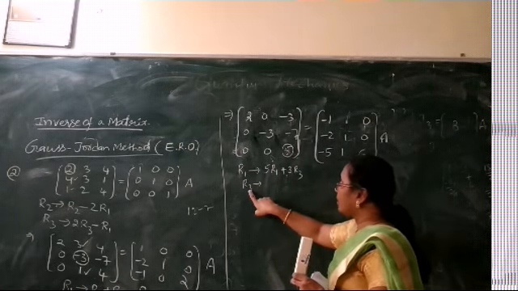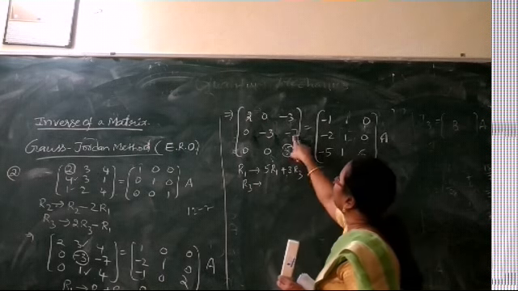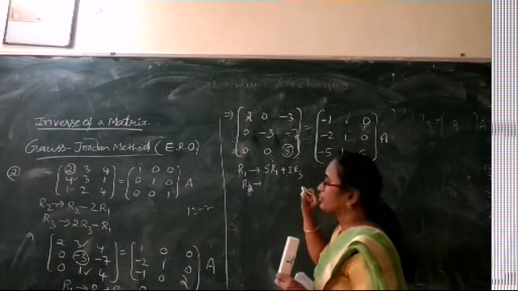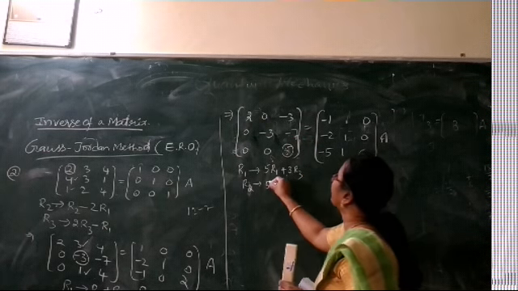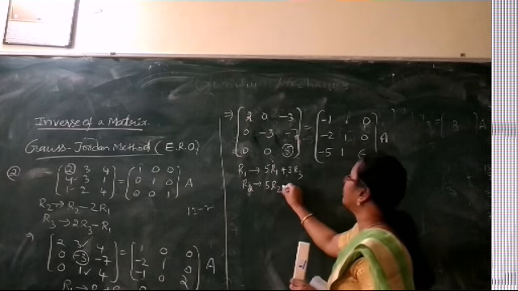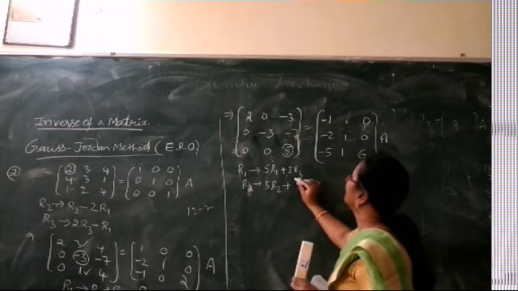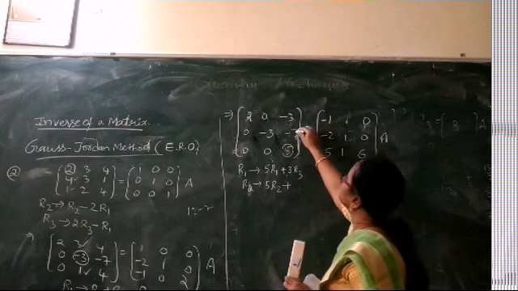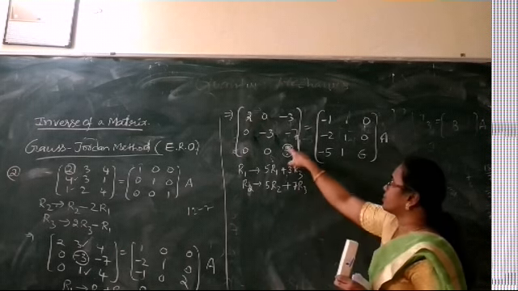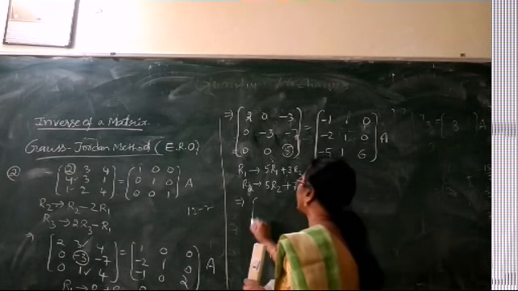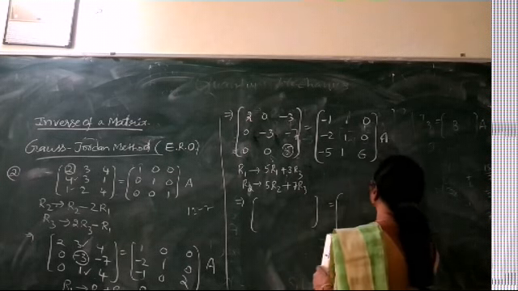Similarly, along R3. No, we are doing changes in R2. So to make this minus 7 into 0, what we do, we multiply with 5 that minus 7 which is in R2, 5R2 plus, we have 7R3. Using these two row operations on either side, first on the left hand side let us fill in.